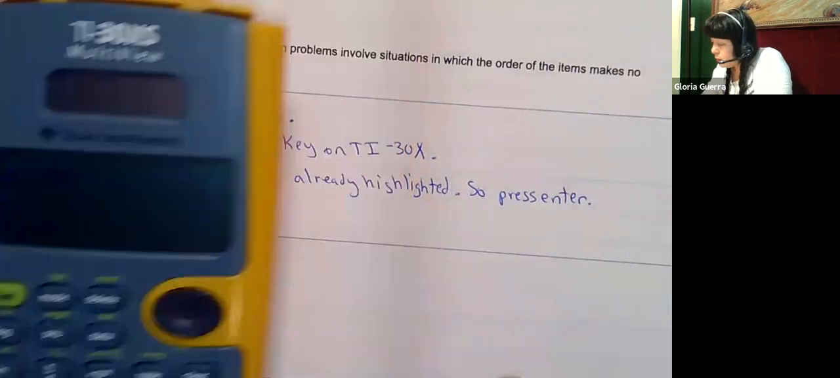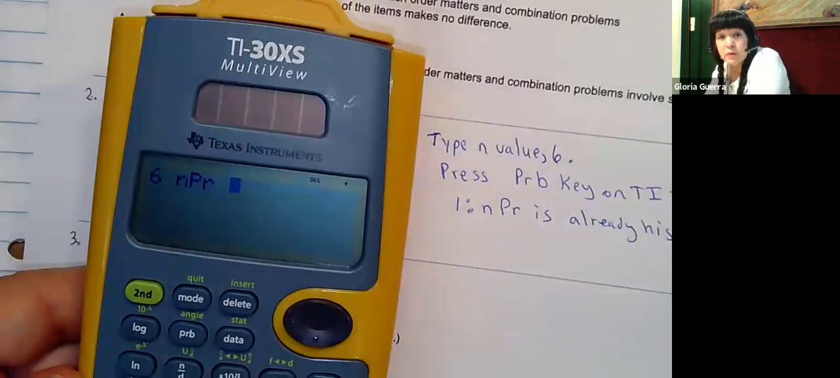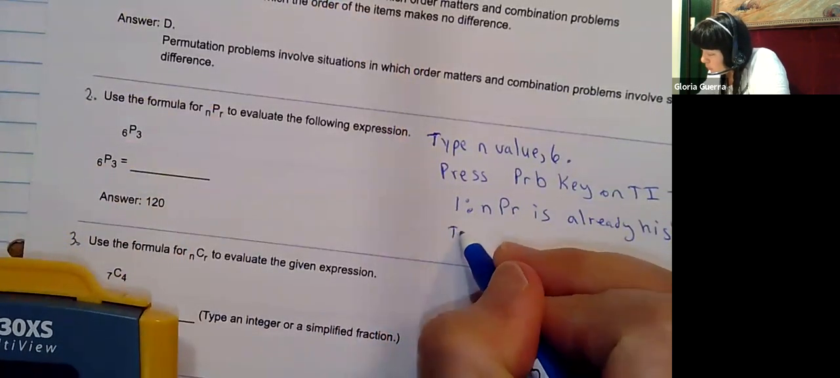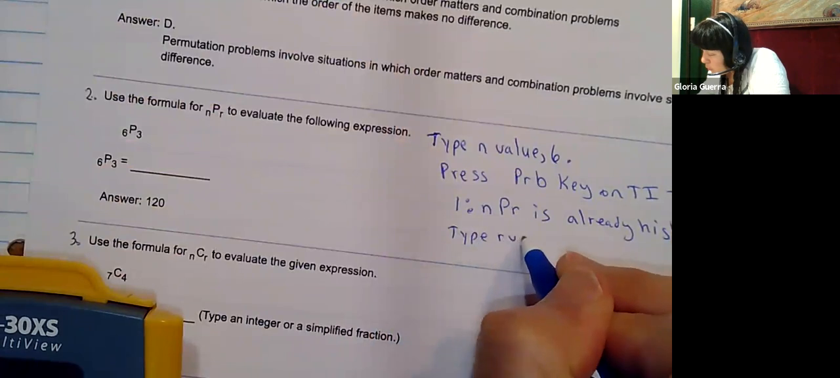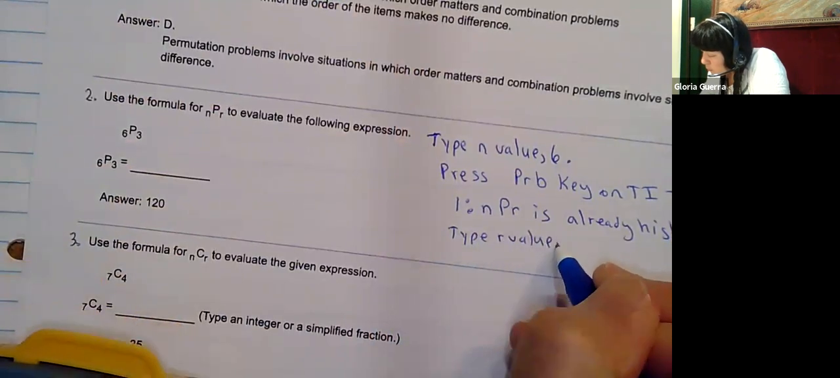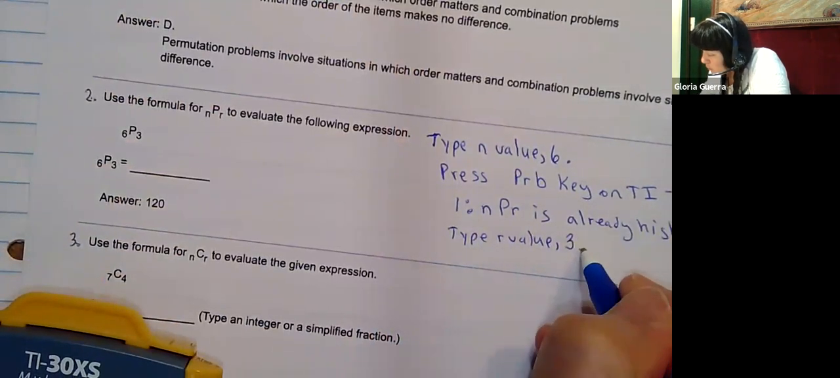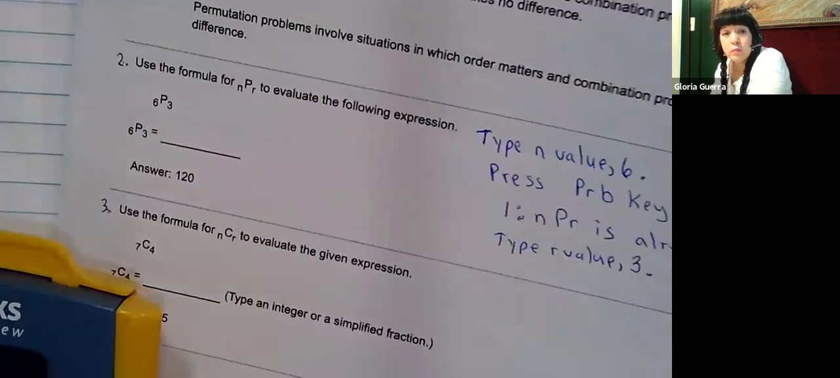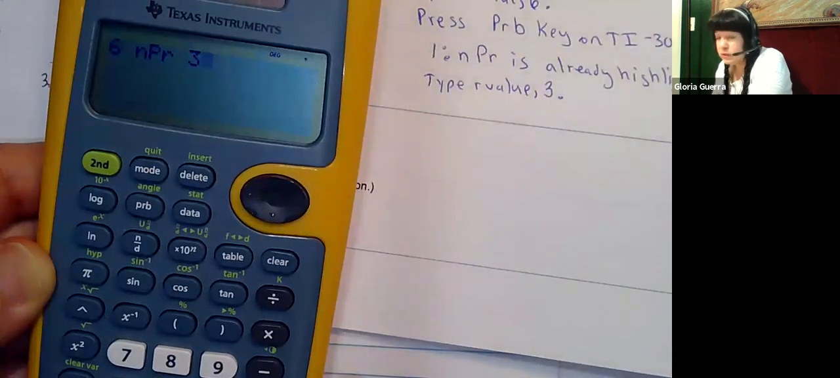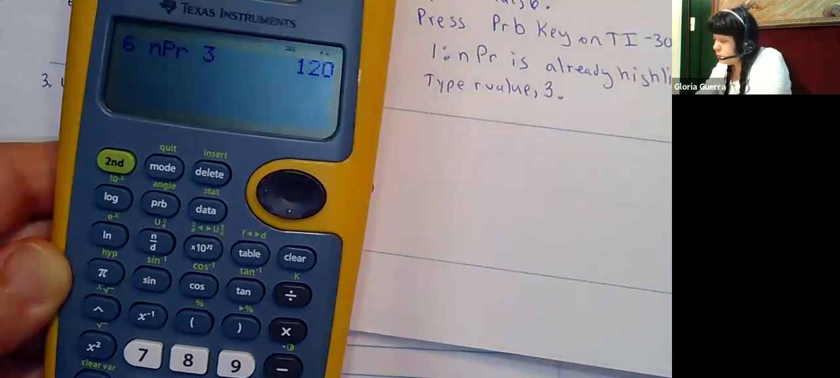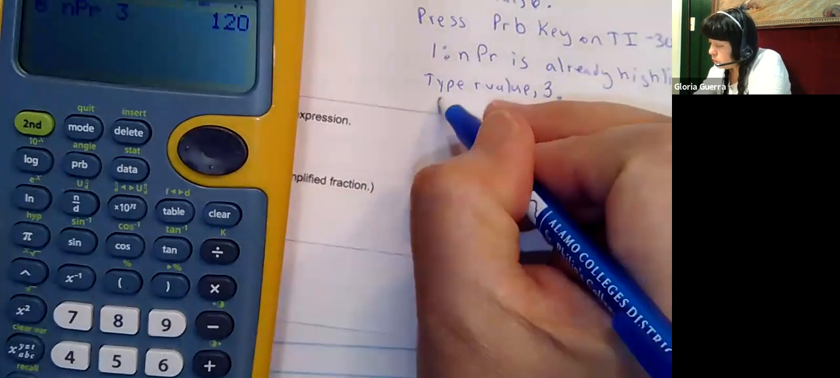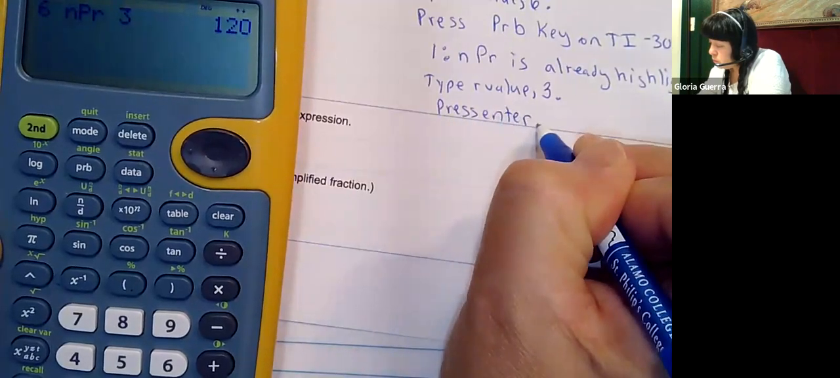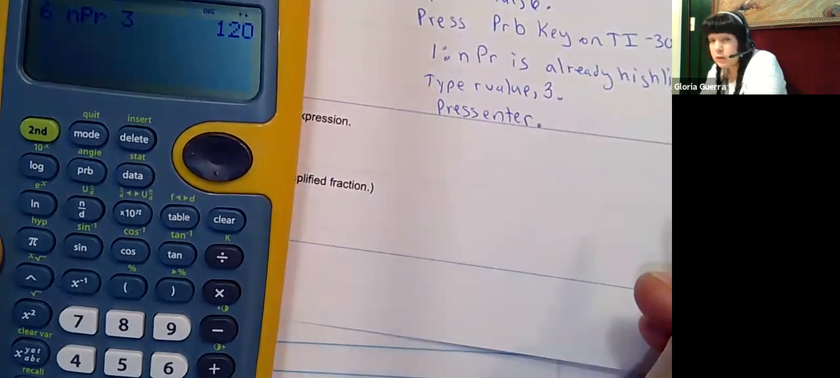Okay, and now that you have that, you're going to go ahead and type your r value, which is 3. Okay, and then you're going to press enter. Okay,